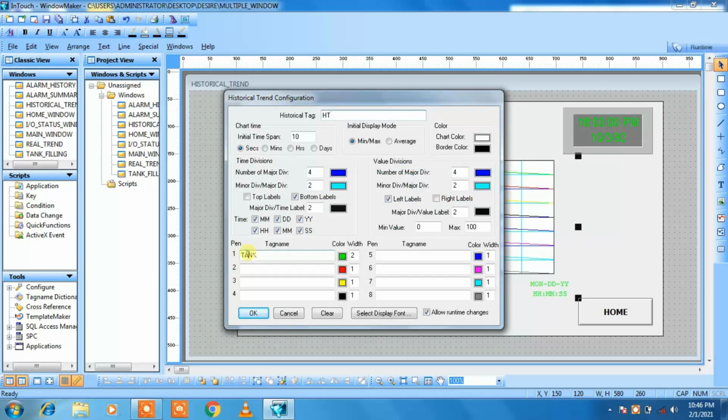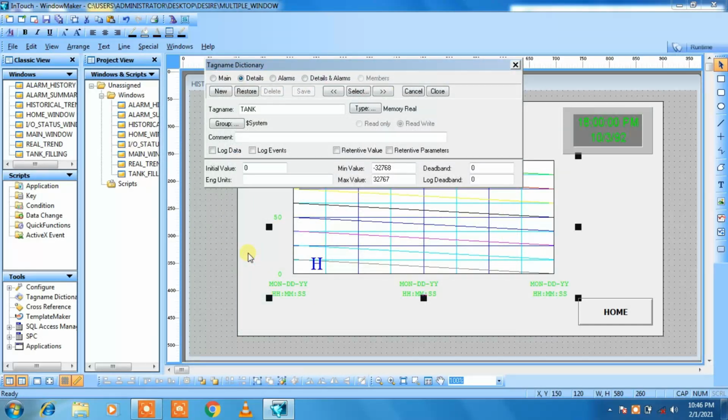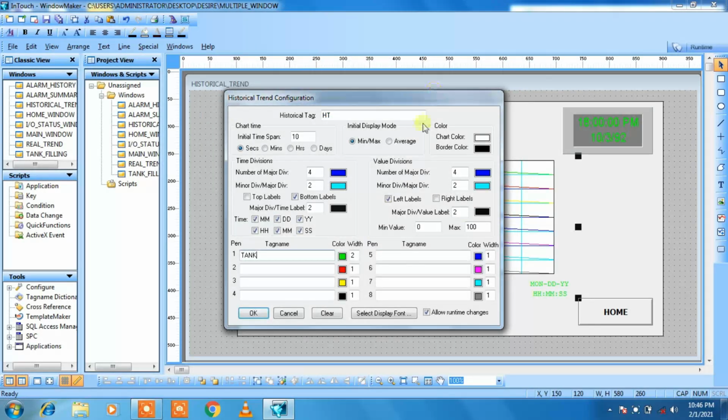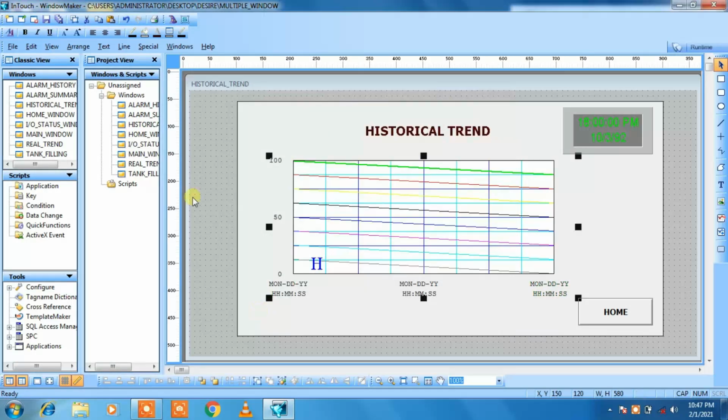Then double click on tag name for the tag, then here click on log data and log event, then select the minimum value as 0, because in our tank minimum value will be 0 and maximum value as 100, because maximum value will be 100 liter water. Then just save it and close it. Then click on OK. Then we have to store all these historical trend values, so that is why